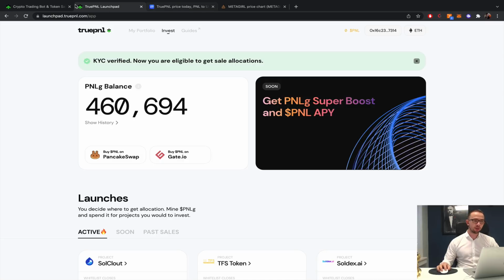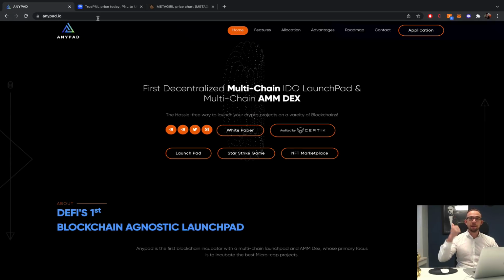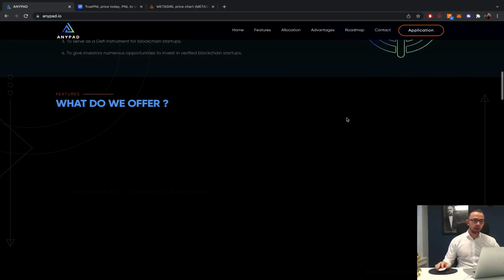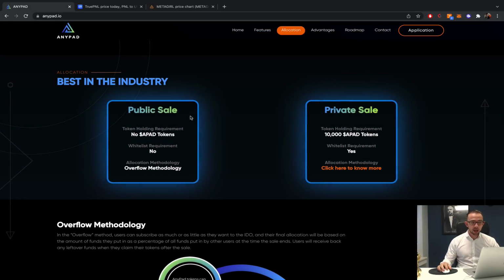But where do we go for the number 1? Obviously, we need to go to Anypad, right? In my opinion, the best performing, cheapest option if you are looking for big opportunities, right? So the allocation is the most important thing, right? The public sales, you do not need to hold the tokens. There is no whitelist requirement. There is an overflow methodology. So if there's too many people, you just get a percentage refunded, and then they'll take an equal distribution,